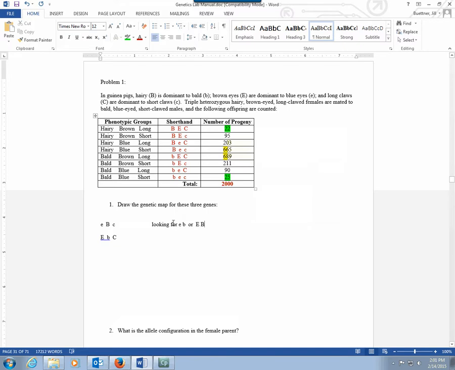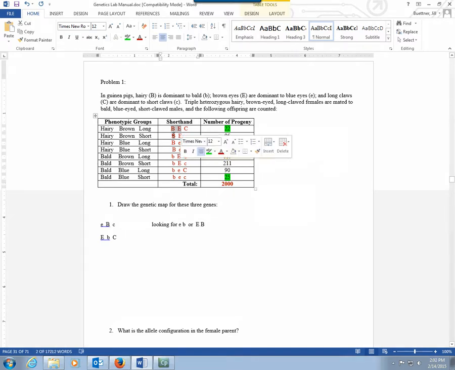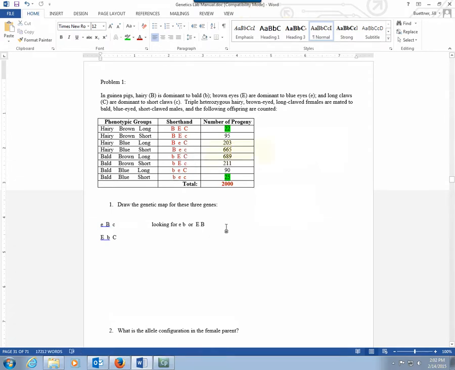So the first one, 22, is a yes. 95 is a yes. And then 203 is a no. 665 is a no. 689 is a no. 211 is a no. 90 is a yes because you got the little b and the little e, and then 25 is a yes. So you end up with 22 plus 95 plus